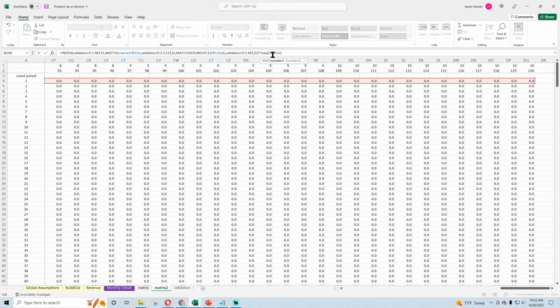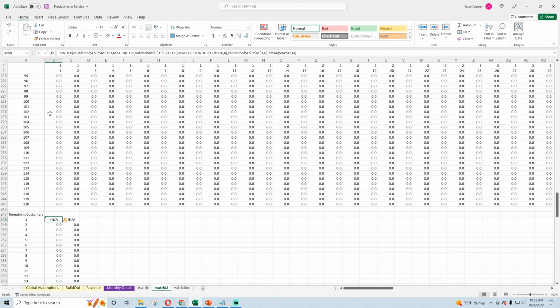And if we lock these, validation, we need to lock everything there. This locks, this we don't need, the matrix reference. And lock our whole index array. Now, we can wrap this also with an if error.